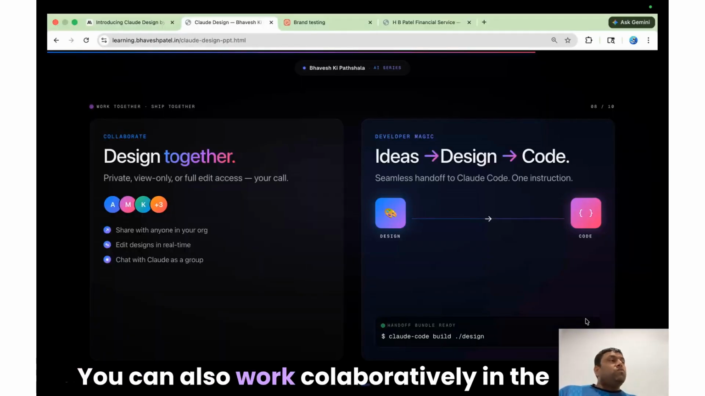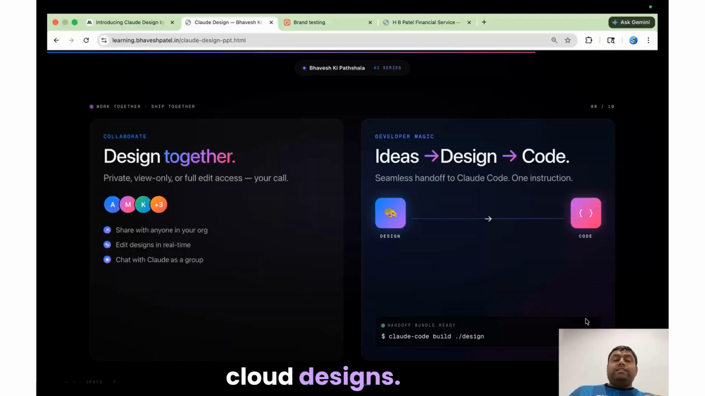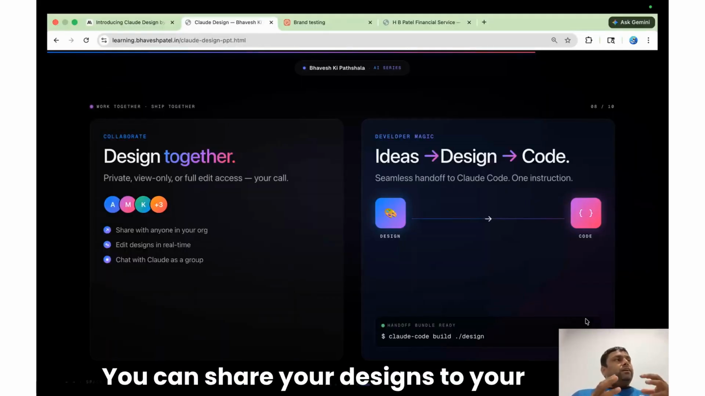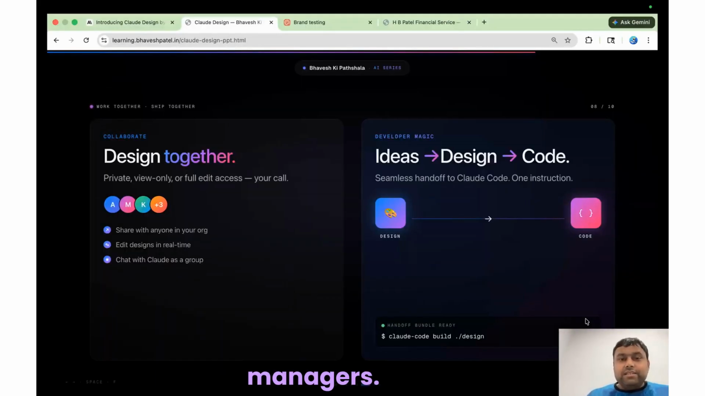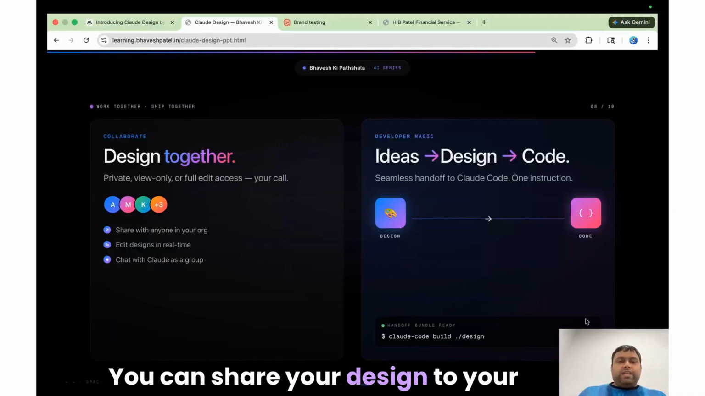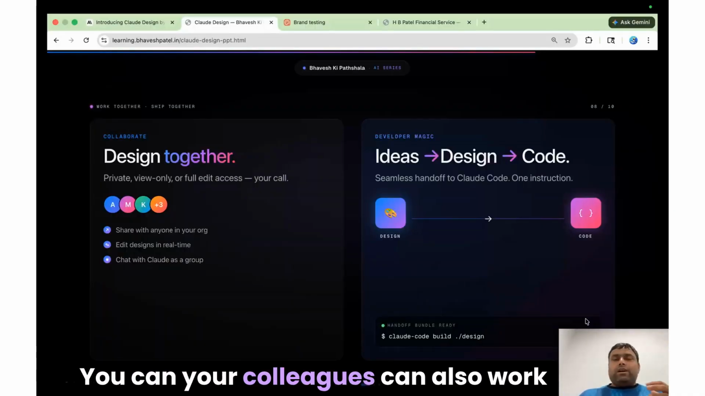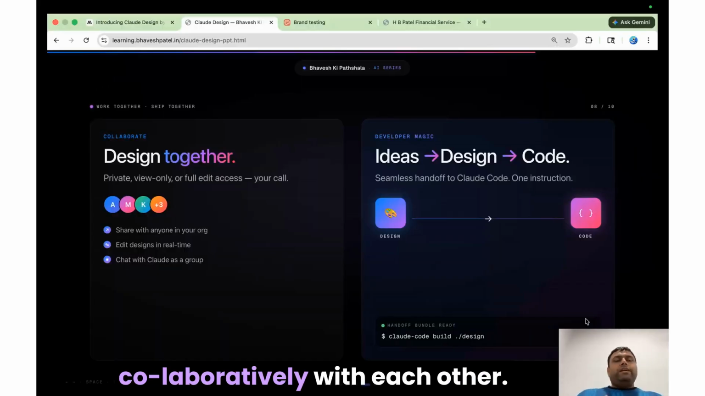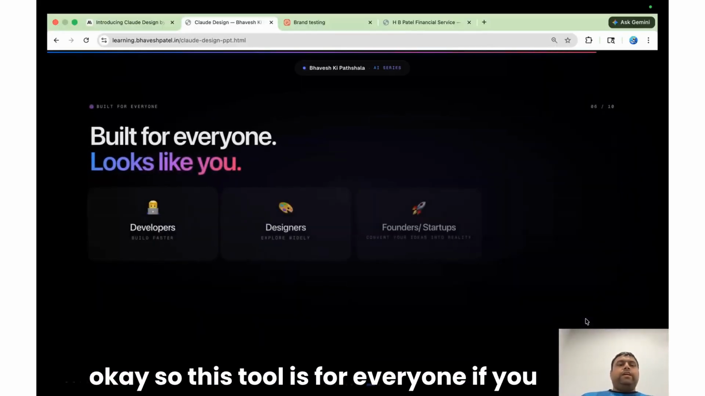You can also work collaboratively in Claude Design. You can share your designs with your managers. You can share your design with your colleagues. Your colleagues can also work collaboratively with each other. Okay, so